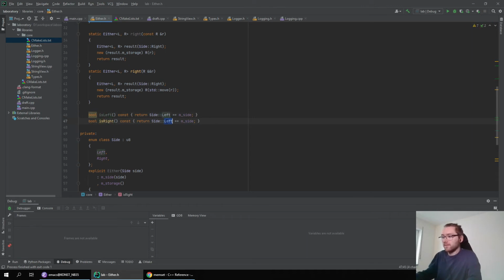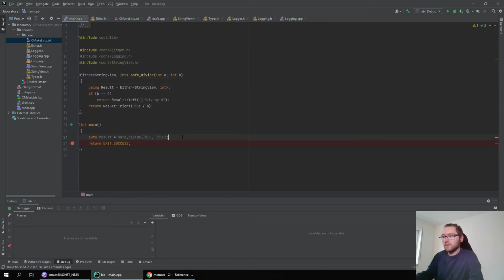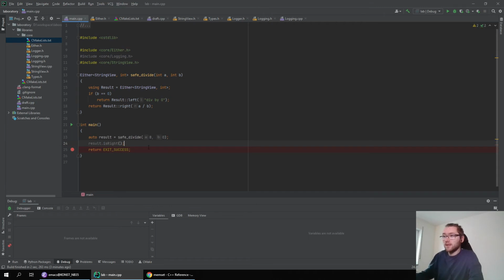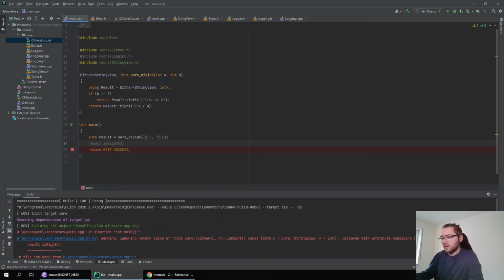Let's just build some functions for the methods for checking if it was an error. Also, let's mark it nodiscard. So now I should be able to do right. Does it build? Sure.